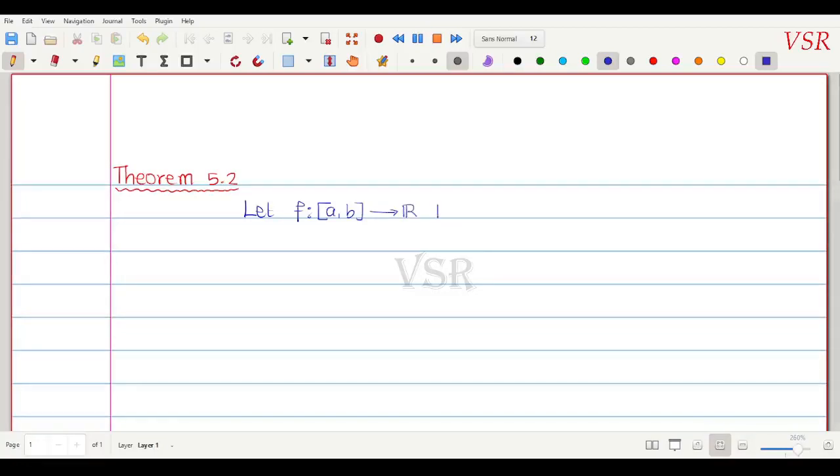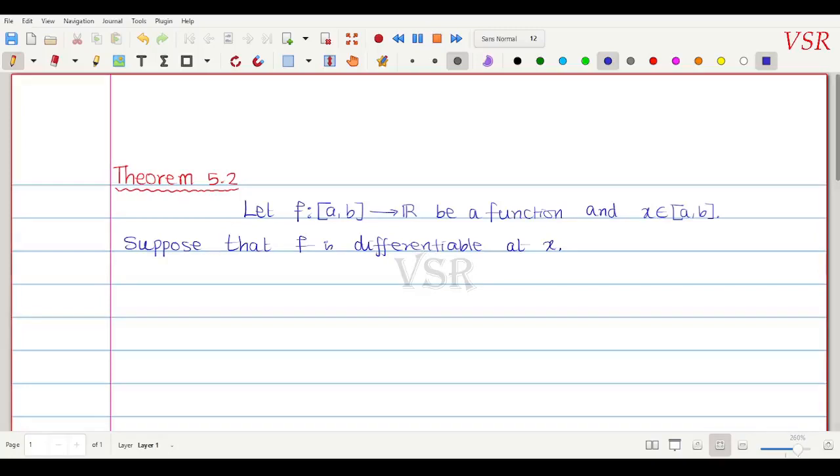Be a function and x belongs to closed interval a comma b. Suppose that f is differentiable, okay, at x ங்கிற point differentiable ஆக இருக்கு. Okay, then we are going to show that then f is continuous